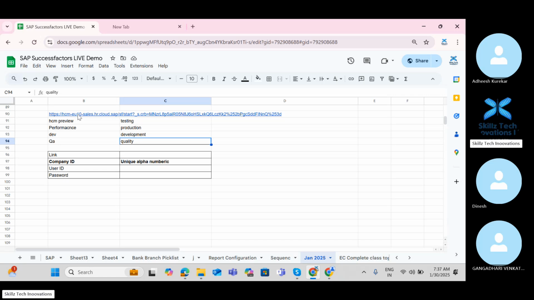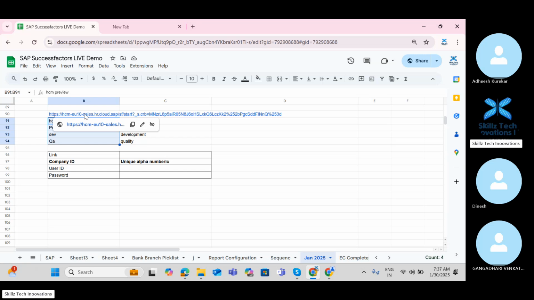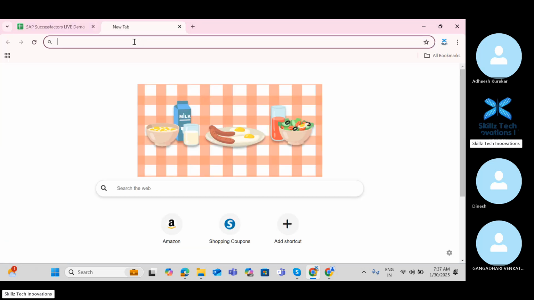Same way, the links will be there, only these words will be different, and that comes from SAP. We do not have to generate all these things. The only thing is you can identify which system it is and in which data center this information is getting stored. So if you find